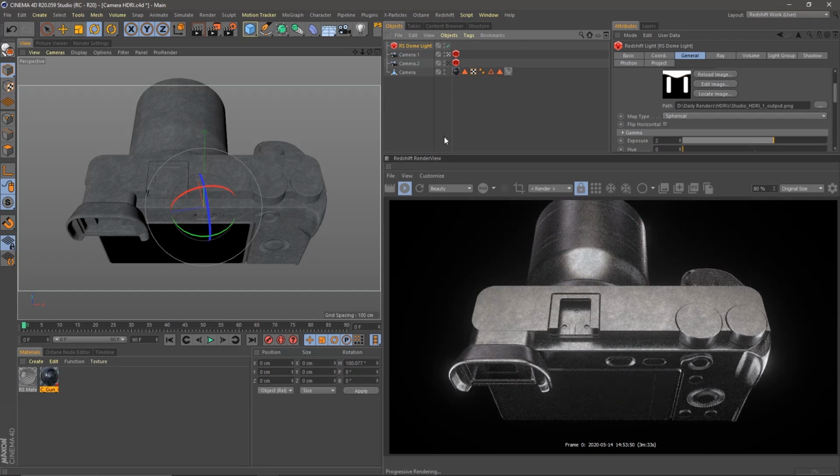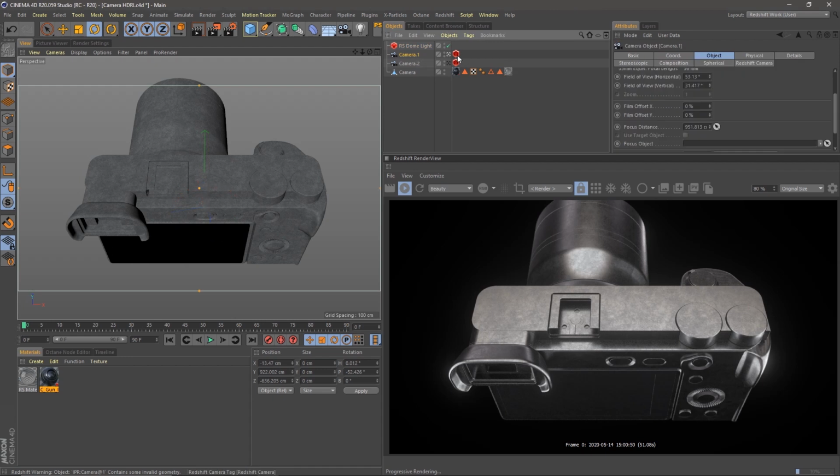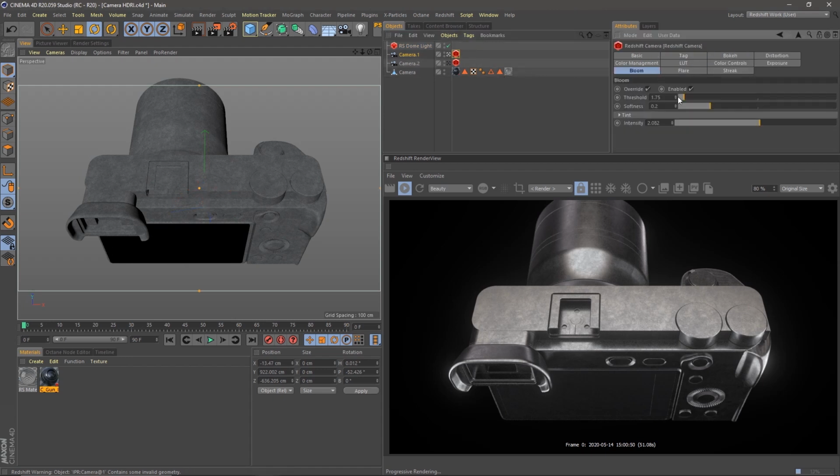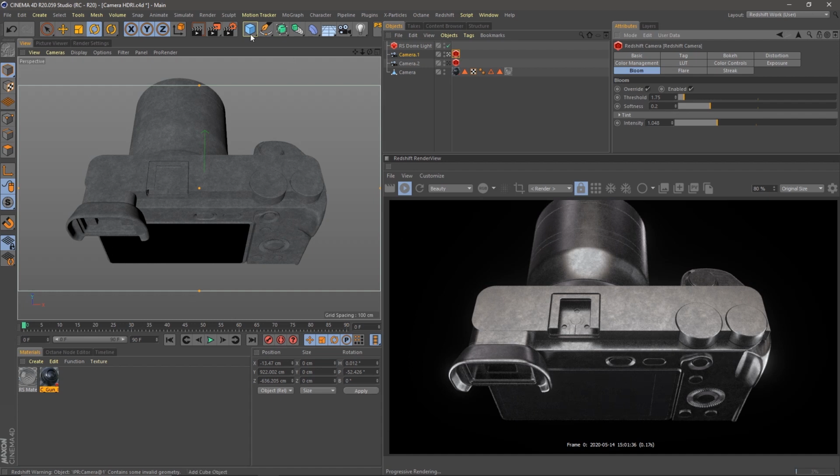There, so we've definitely filled out a bunch of our background a bit more. We've added some more highlights, some more interesting detail on the lens here. We've got a pretty decent looking studio setup going on. I'm just going to go to my camera here and my Redshift camera tag, go to the bloom, bring down the intensity a little. Great, so to finish up this scene, I think I'm going to add a reflective floor